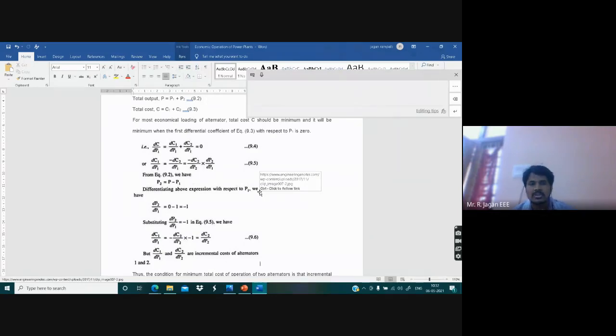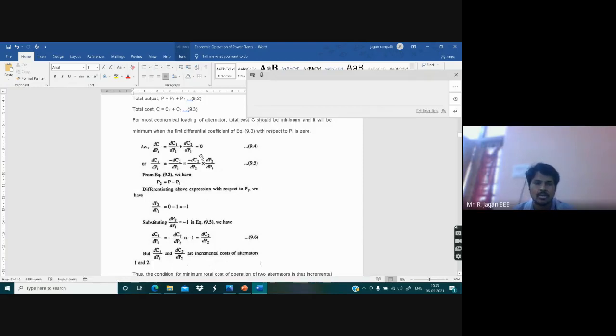That means what we are doing here? We are doing differentiation of a parameter. Let us say differentiation of 2x; the resultant is 2. That means we have reduced the parameter from the 2x value to the 2 value, so this 2 is minimum compared to 2x. In the same manner here I am doing differentiation of the total cost, reducing it to a small amount, and making it equal to 0 to get the minimum point.